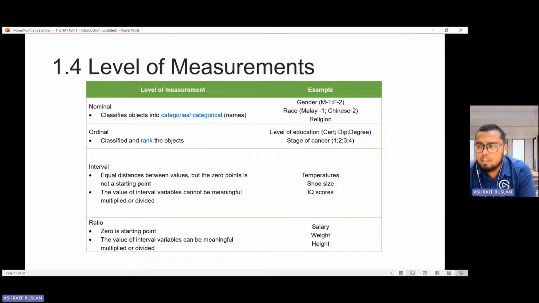Ataupun, air kau 2 kali ganda sejuk daripada air aku. Dah macam pelik pula kan. So those are interval, dia tak meaningful. Bukan kata tak boleh, kurang bermanfaat.